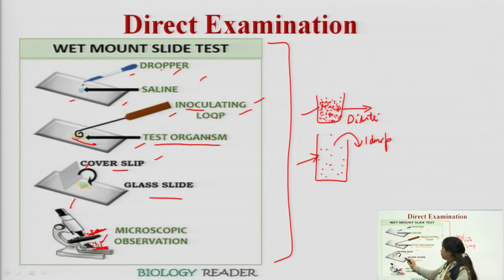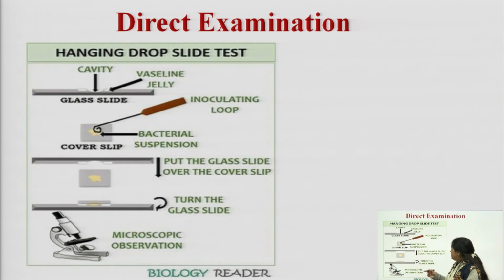After you have spread, you will cover it with the help of a cover slip. This glass slide has now been prepared to be observed under the microscope. After that, this glass slide will be placed on the stage of the microscope, and once you have placed it, you will be able to see those specimens, live microorganisms, within the ocular eyepiece. Your image will be created in the eyepiece, and you will be easily able to observe those microorganisms in the live form.